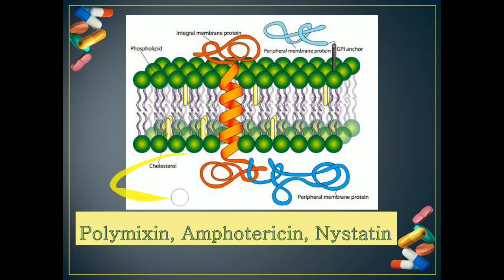Now, when we talk about the cell membrane disruptors, these antibiotics bind to these phospholipids, which are an integral part, the core critical part of the cell membrane. And as soon as they bind to these phospholipids, it causes pores or holes in the membrane. When holes or pores are formed in the membrane, the permeability, which is the actual function of the cell membrane, is lost.